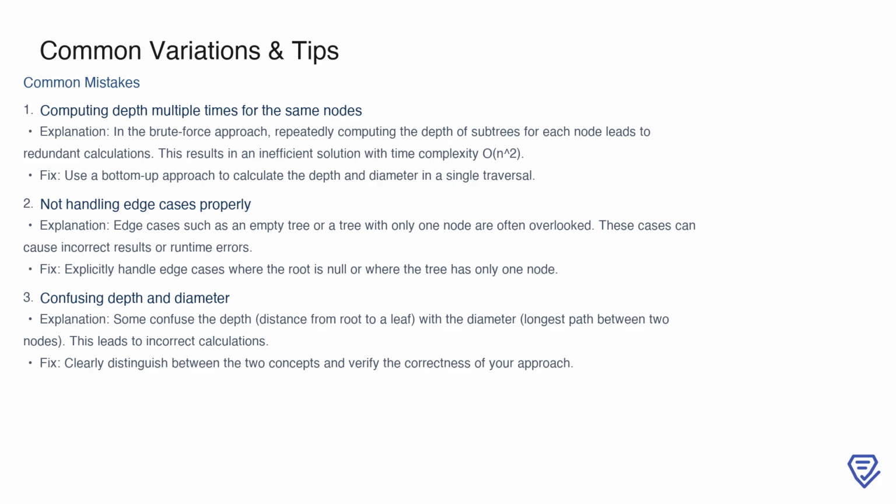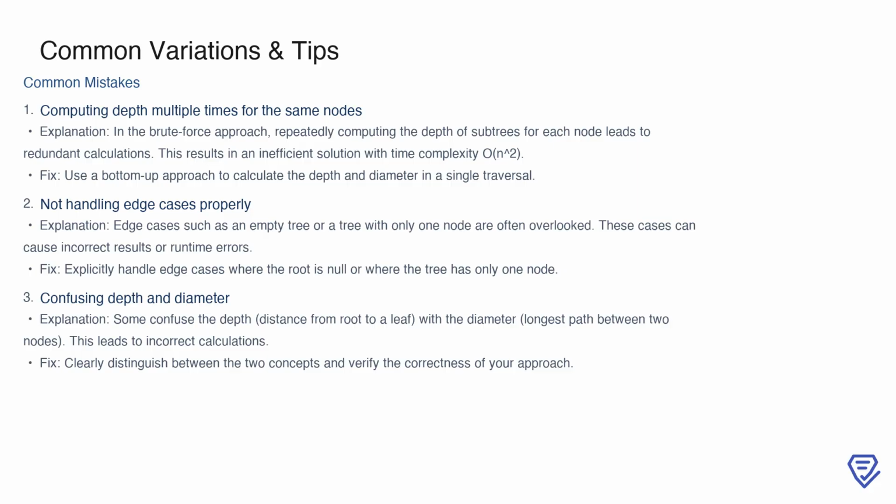Let's talk about some common mistakes people make when solving the diameter of binary tree problem. First, a frequent issue is computing the depth multiple times for the same nodes. This often happens in brute force approaches where the depth of subtrees is recalculated repeatedly for each node, leading to redundant computations and an inefficient solution with a time complexity of n squared. The fix here is to use a bottom-up approach, which allows us to calculate both the depth and diameter in